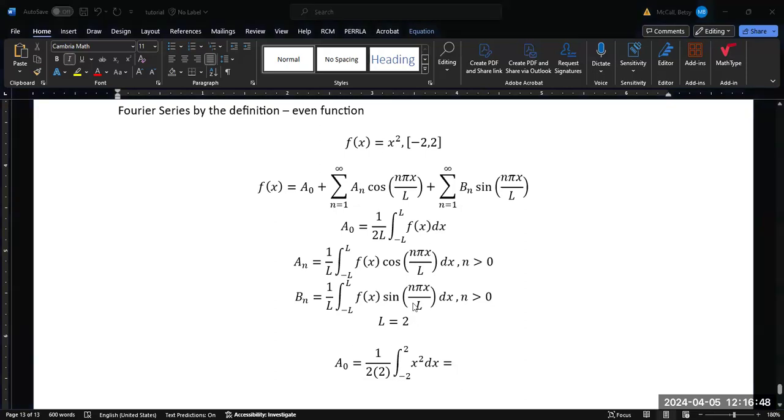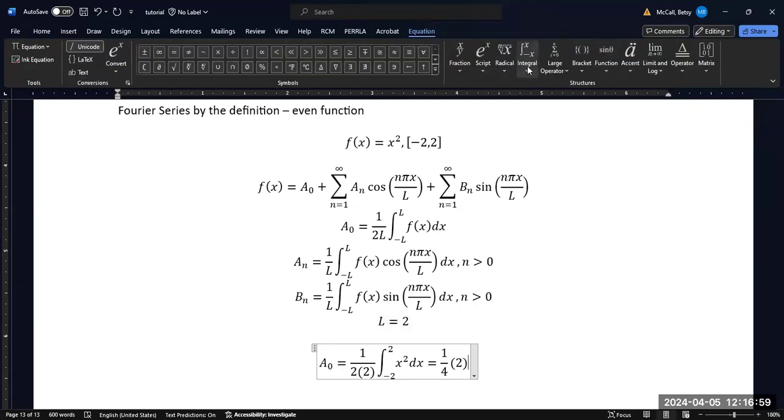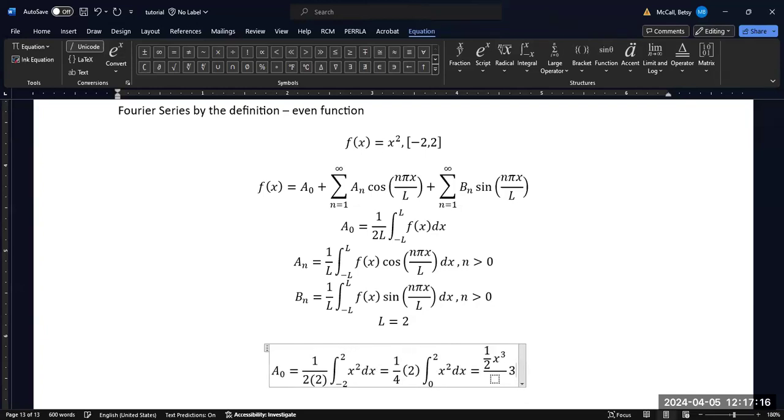This original fraction here is 1/4, and then we're going to integrate twice the integral from 0 to 2 x squared dx. And so we'll end up with the antiderivative of x squared is x cubed over 3